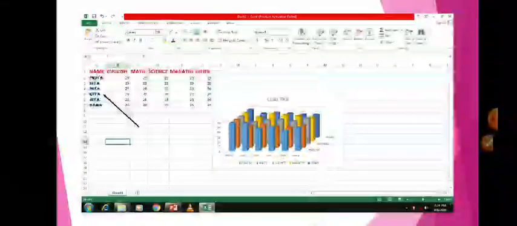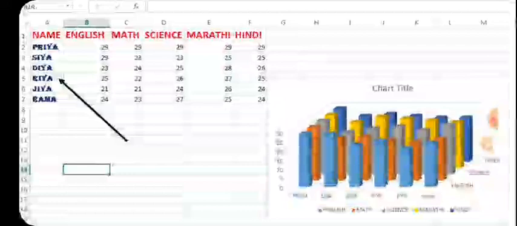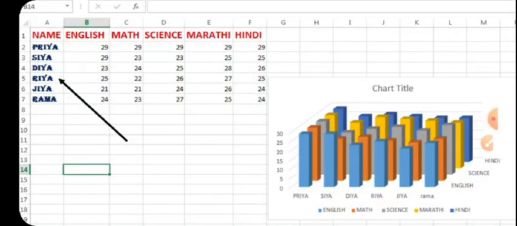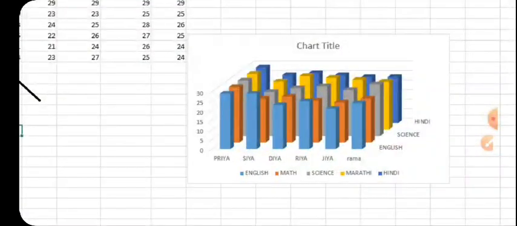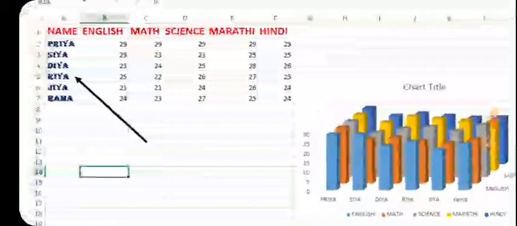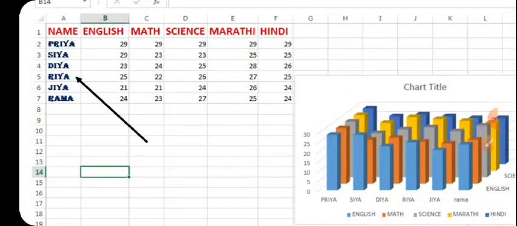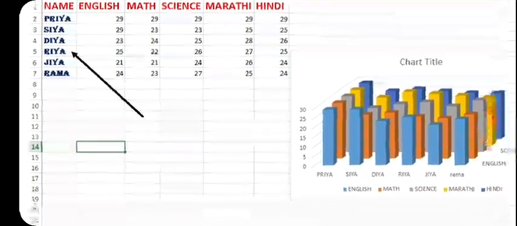Now, changing data and text in a chart. Okay, now if you want to change the text also, see, what I will do now. See here, in Riya I have changed Riya's details.